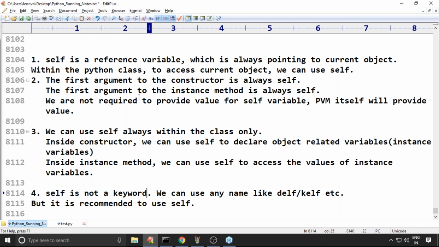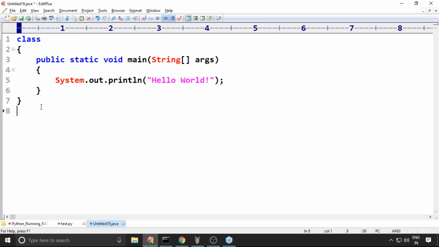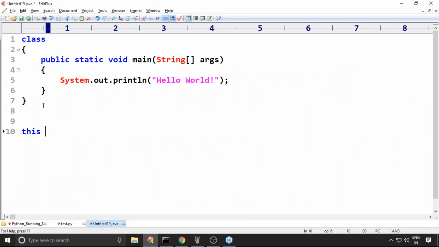Don't worry, but you have to bear the first 3 or 4 sessions, because understanding the terminology is very important. For the people coming from a Java background, in Java there is the this keyword to refer to the current object. Here we use self, but in Java we must use this, whereas here it need not be self; any name can be used.